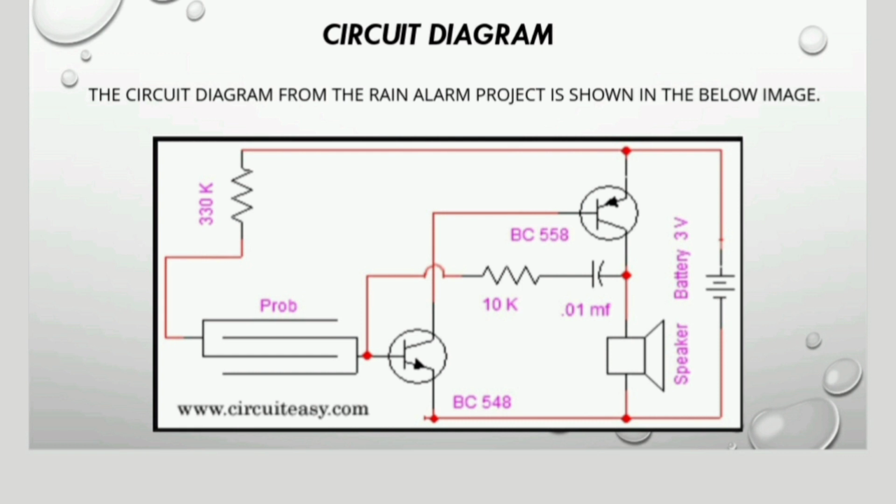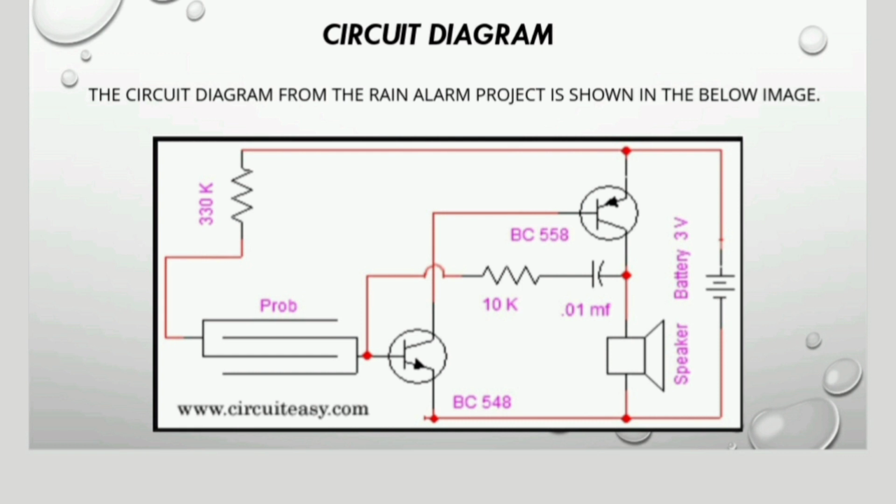So as you can see, this is the basic circuit for the rain alarm that we will simulate using Proteus software. The simulation we make has a slight change: we change the probe into a normal switch. This is because we cannot find the probe in the software, but the electrical behavior of the probe is similar to a normal switch, because as you can see the probe acts like a switch to the socket.